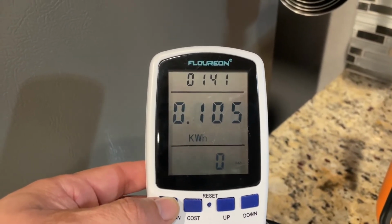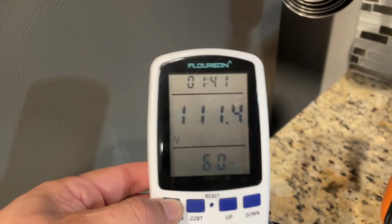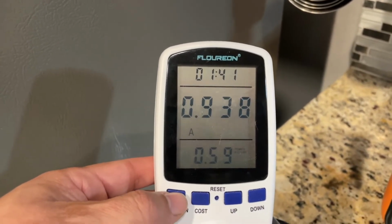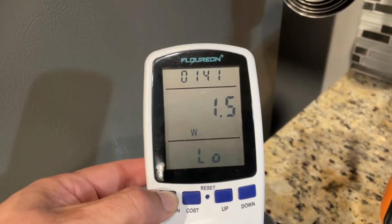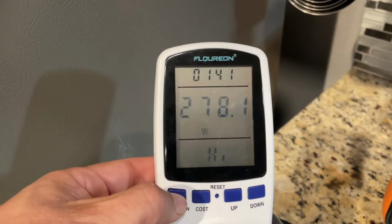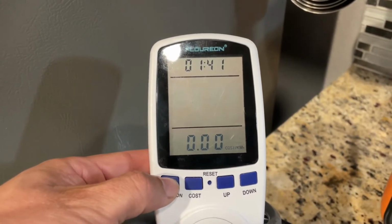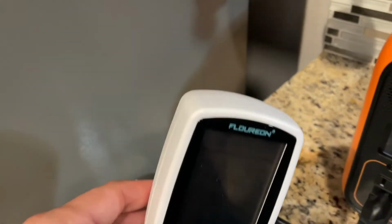Kilowatt hour, volts, currently, amps, watts low, watts high. It's a cost, which I don't have entered, and then back to watts. So